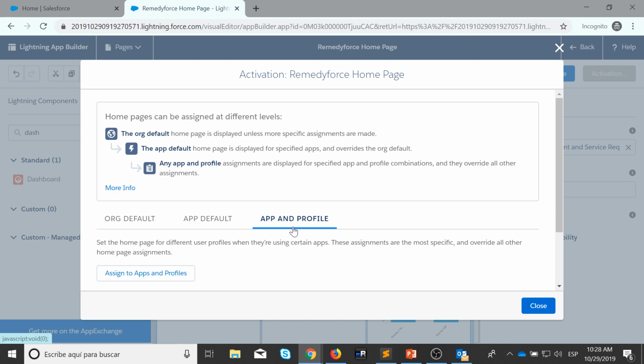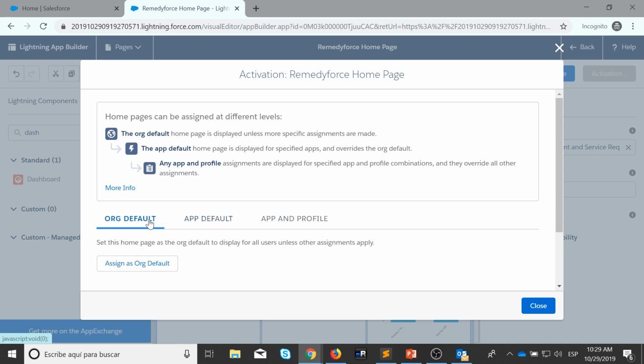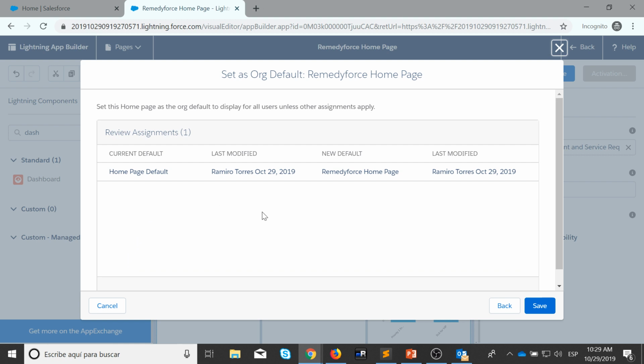So it's more like to be used by administrators or by staff people. So if you want to segregate them by application, but also based on the profile, this is the option we must follow. You just click on this button, and it will take you directly to the place where you select the application and the profiles, and the same for the rest of them. For this demo, I'm gonna use this one assigned to org as default, and I'm gonna click save,